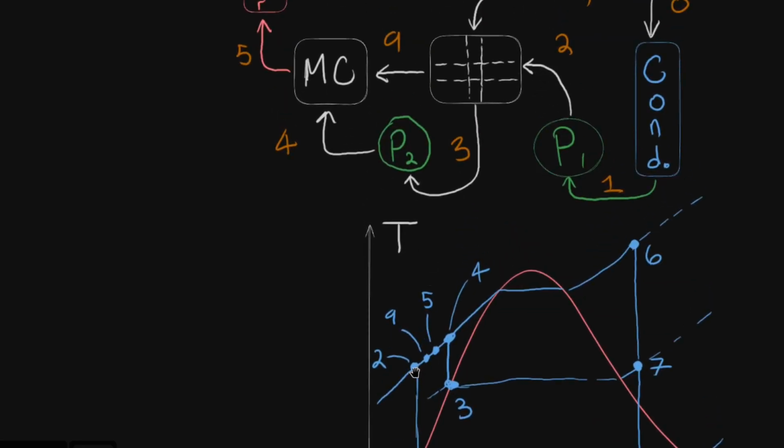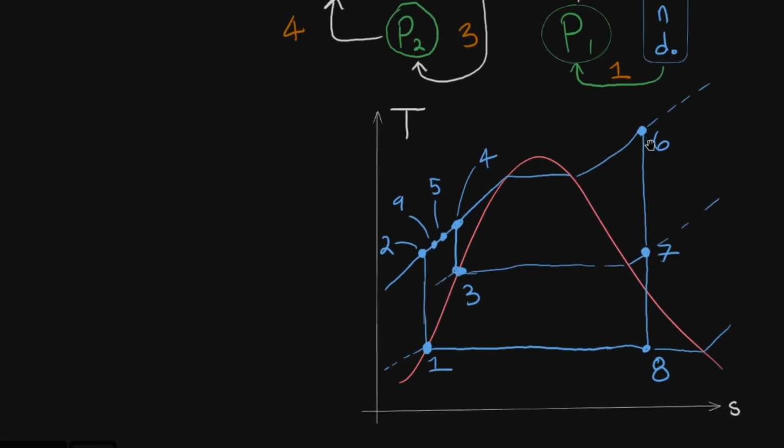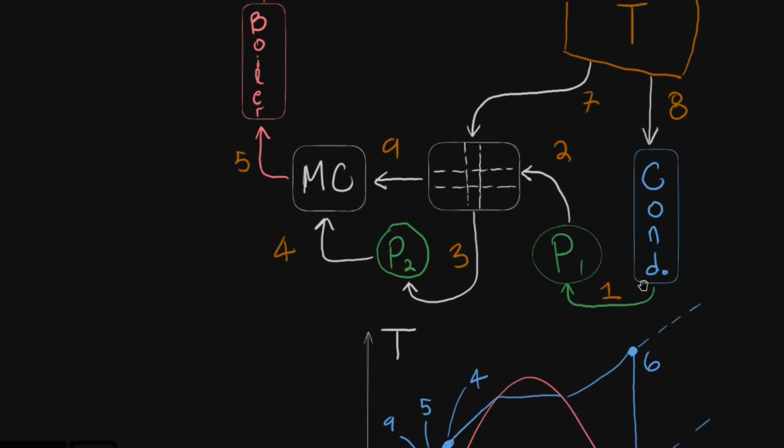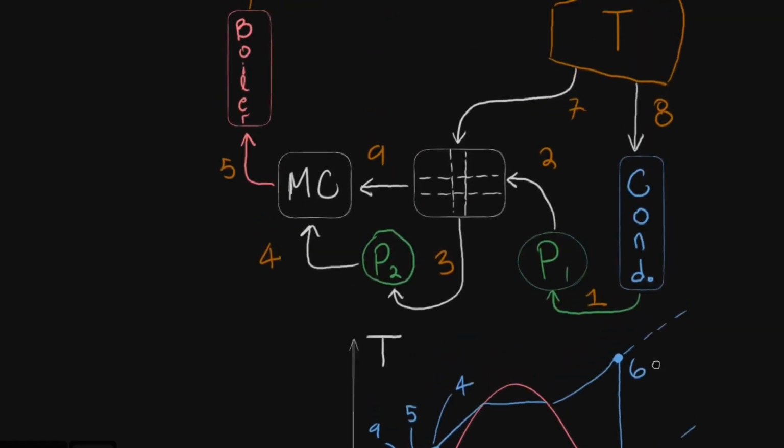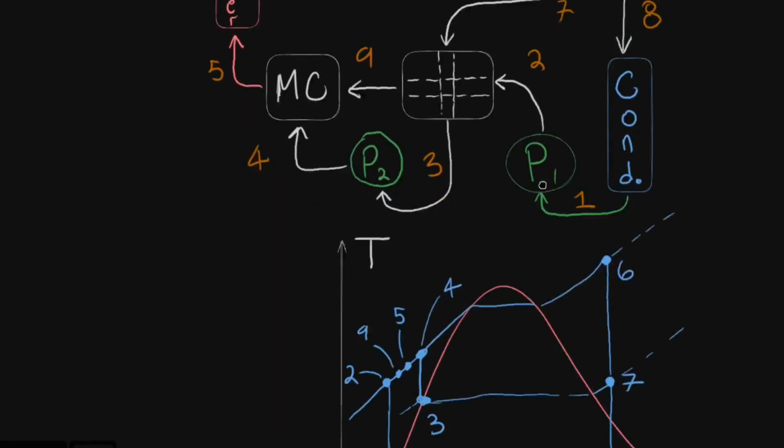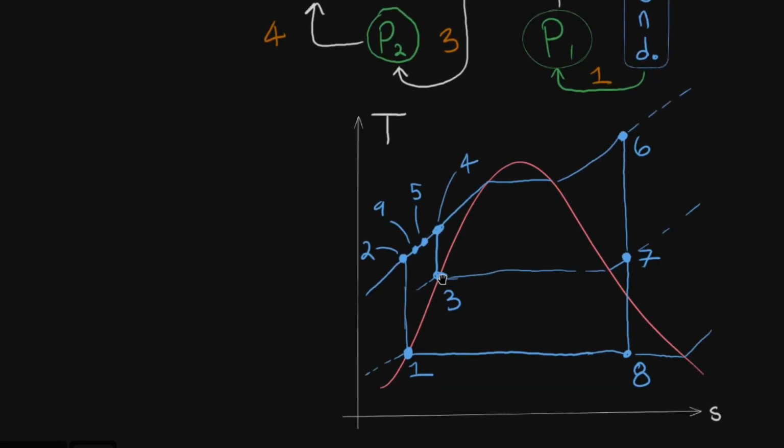Then we add some heat, it's going to get to state 9, and then we go through the mixing chamber, it's going to go up to state 5. Q in brings it from 5 to 6, and then the turbine is going to go back down to 8 if it goes through here, or it's going to go back down to 7 if we're bleeding it, and then it's going to get cooled down to state 3, at which case we're going to pump it up to state